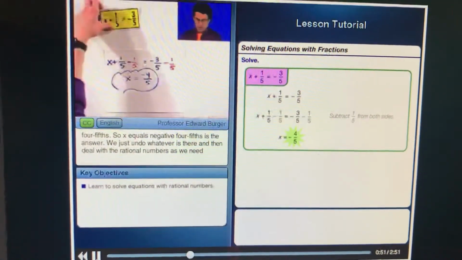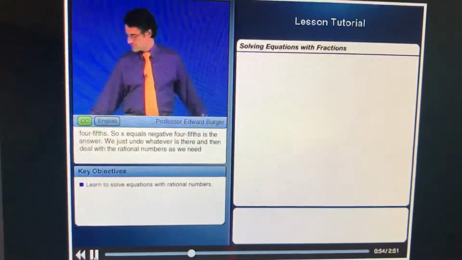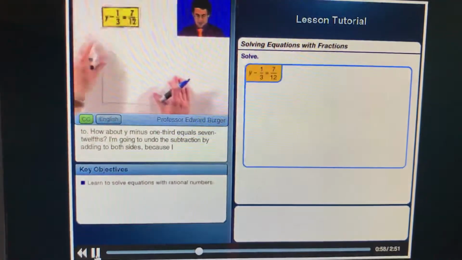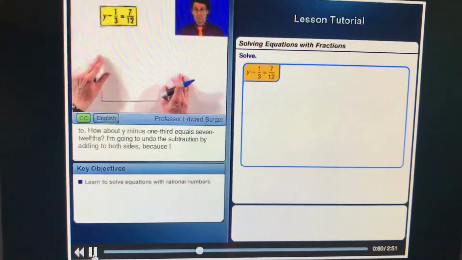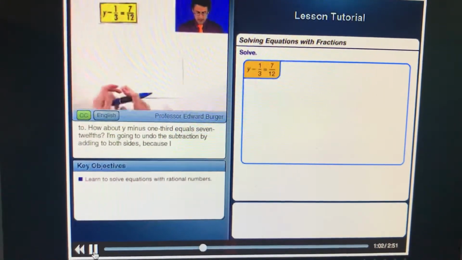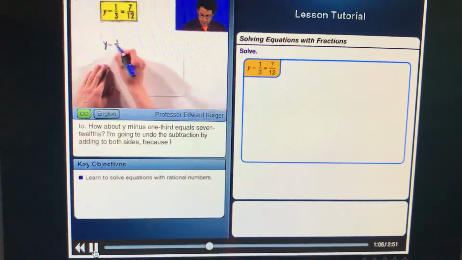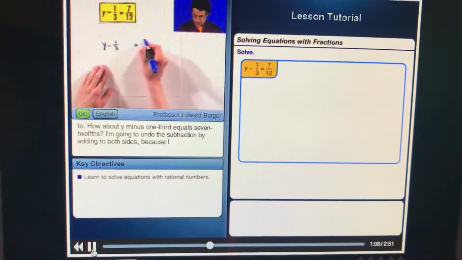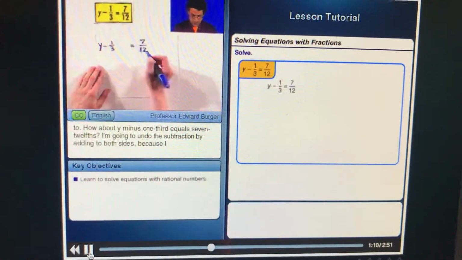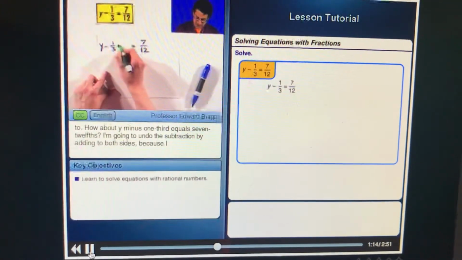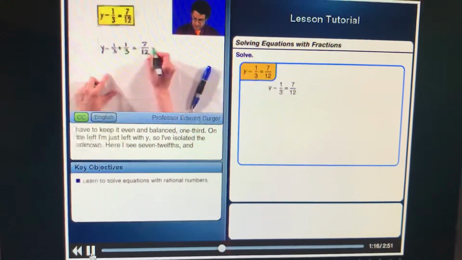Again, we just undo whatever's there and then deal with the rational numbers as we need to. How about y minus 1/3 equals 7/12? Okay, well, again, I've got y minus 1/3 equals 7/12. I'm going to undo the subtraction by adding to both sides, because I have to keep it even and balanced,